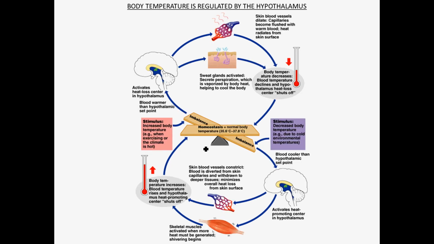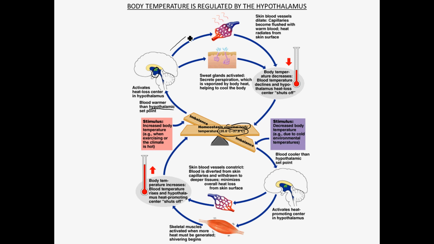Here's one specific example, again going back to the body temperature example. So homeostasis, normal body temperature, here is the range, right? And so any of these body temperatures are considered to be normal. However, if your body temperature increases, for example, when exercising or when it's too hot outside, then your hypothalamus will detect this. The hypothalamus in the brain is the temperature regulation control center that will detect the increased body temperature,